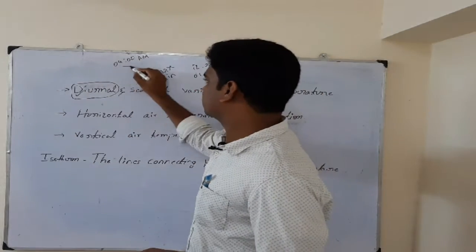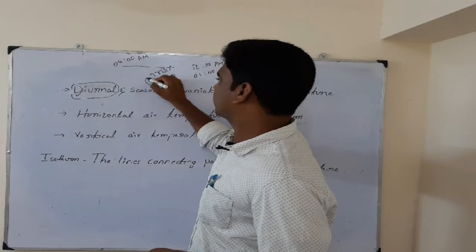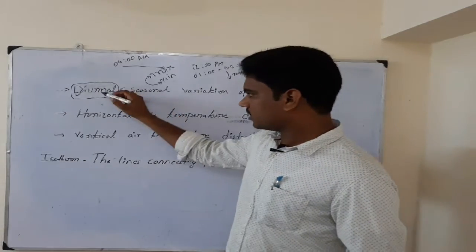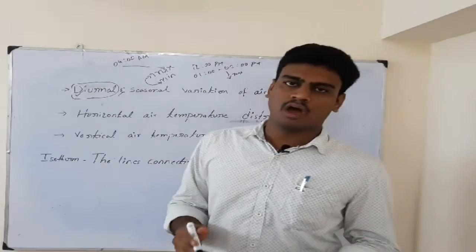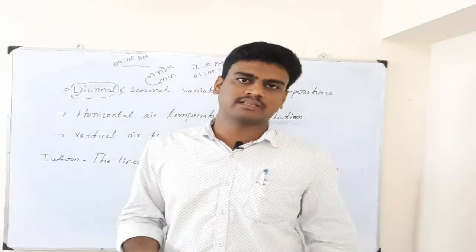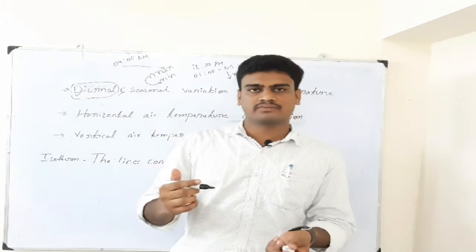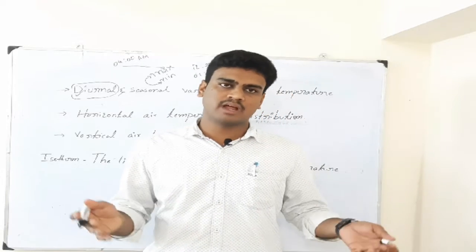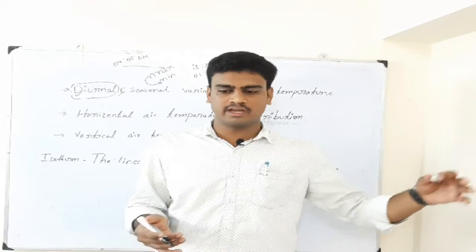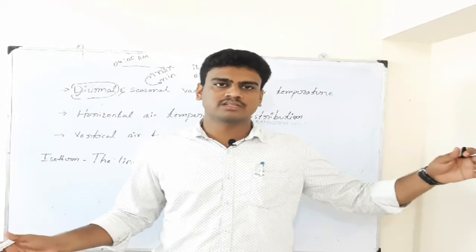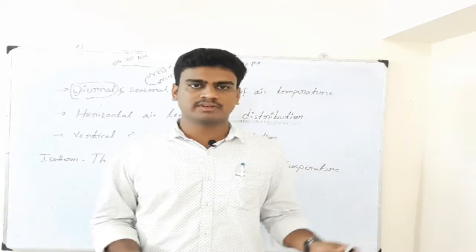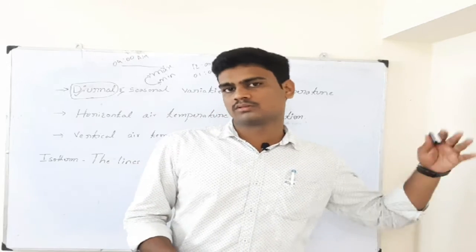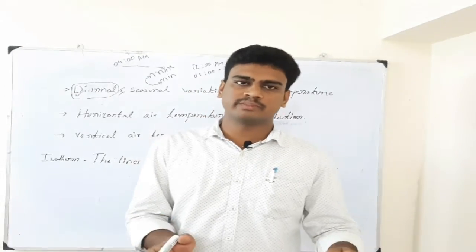The difference between the minimum temperature and maximum temperature is called diurnal variation. Every day we can see diurnal variation, but the maximum diurnal variation we see on clear days, instead of cloudy days. That means on sunny days the maximum temperature will be very high and the minimum temperature will be less, so the variation will be very high. But during the cloudy season or the winter season, the minimum temperature will be less, but the maximum won't go as high as it does during the summer season. So the diurnal variation will be less.